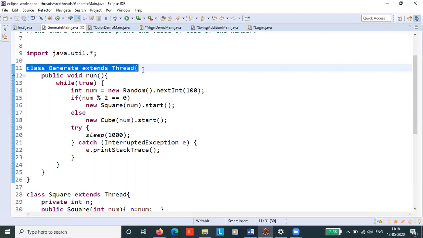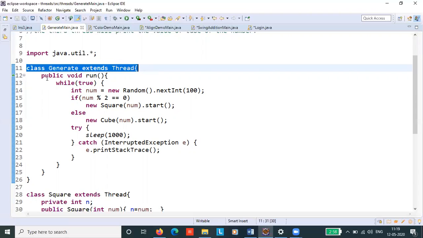The job of this thread is to generate a random integer number every second. If the number is even, then the square should be calculated by the second thread. If the number is odd, then the cube should be calculated by the third thread. That is the whole intention of this program.